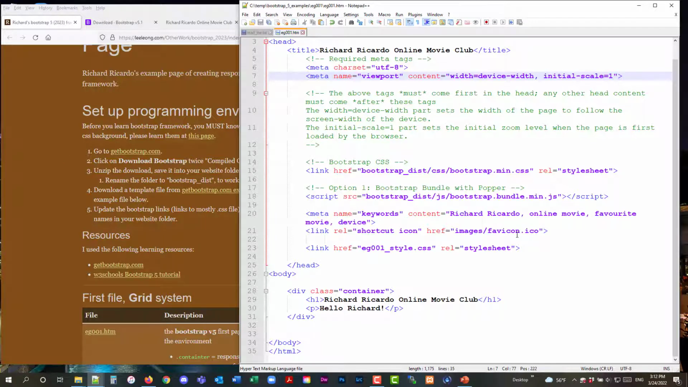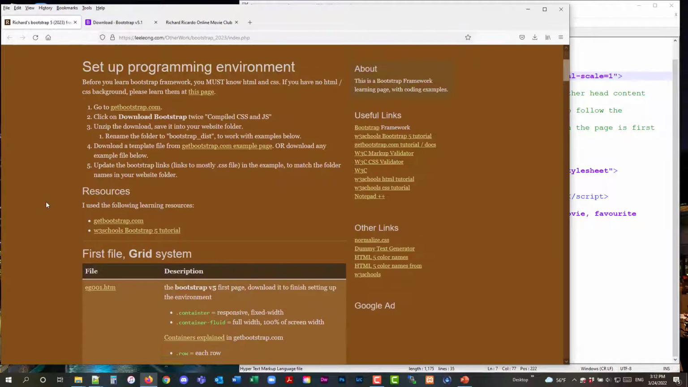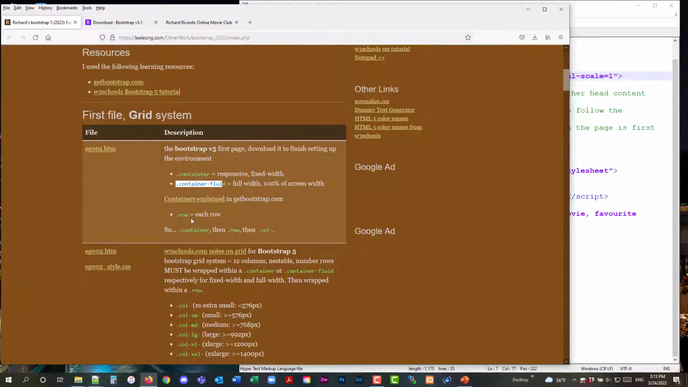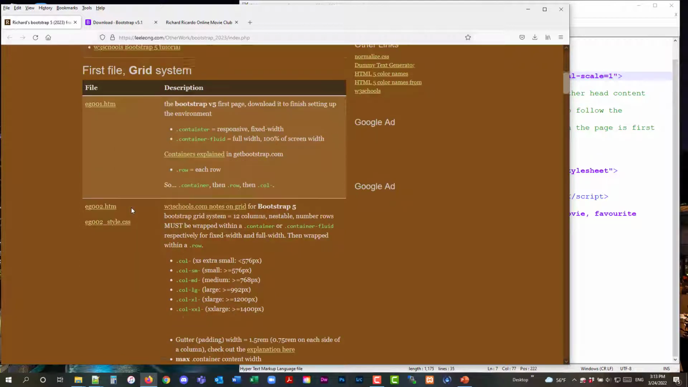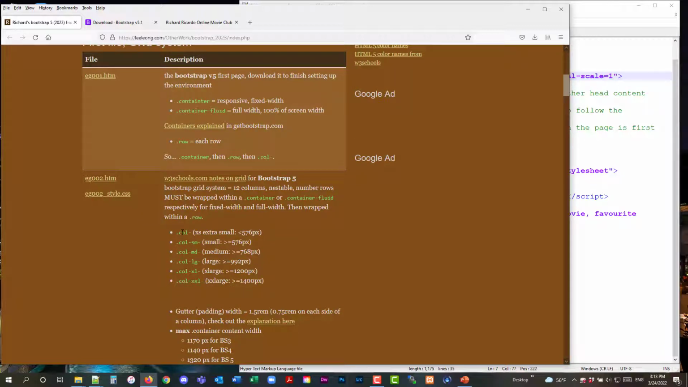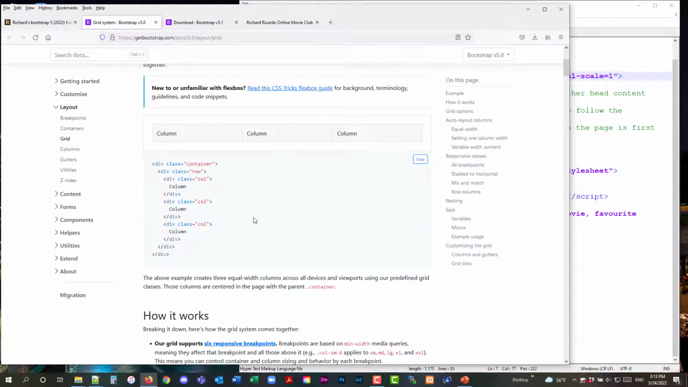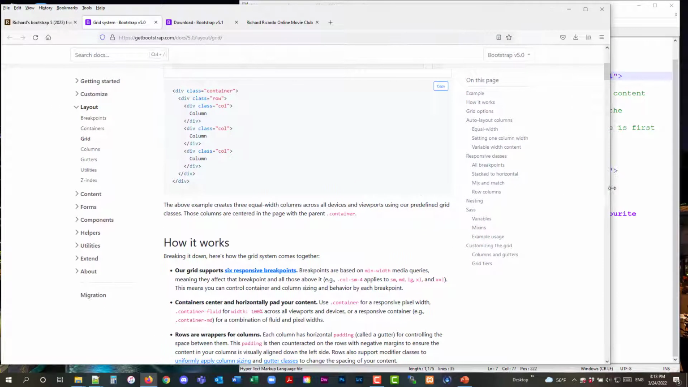Before I close the video, I want to briefly mention about a grid system. All right, you have to wrap things in a container or container fluid. For each row, you have to wrap it in a row. All right, and I want to talk a little bit about a grid system. Okay, so Bootstrap has a grid system. They divide the screen into 12 columns,